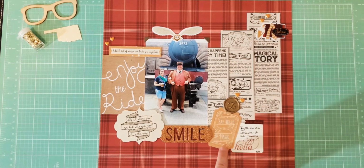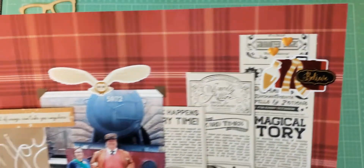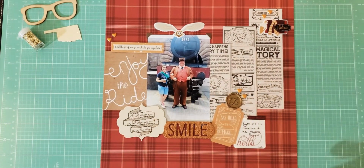I used this ticket that says "Say hello to the magic." And really like how that turned out as well. So yeah, that is my last spread